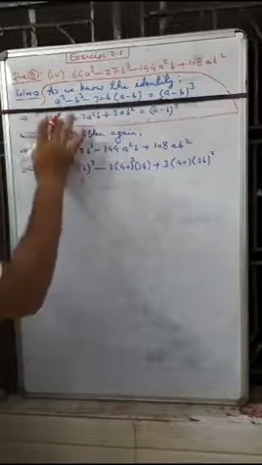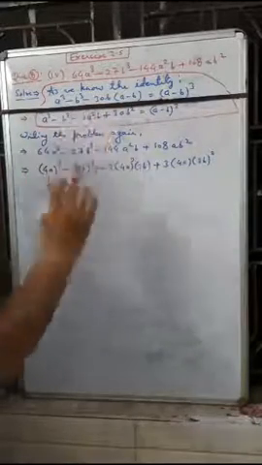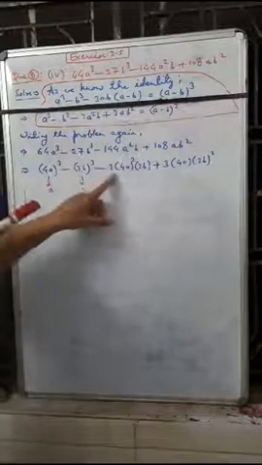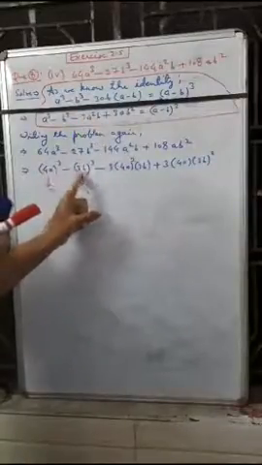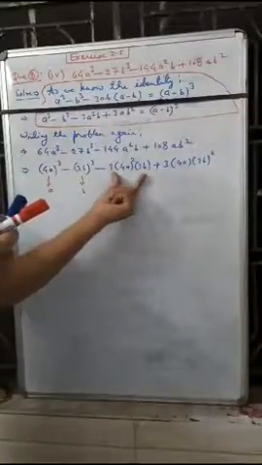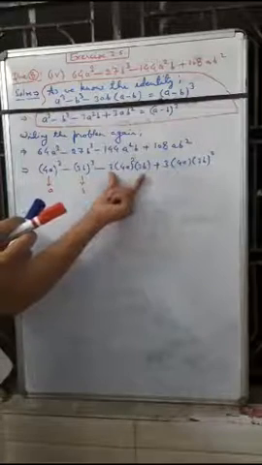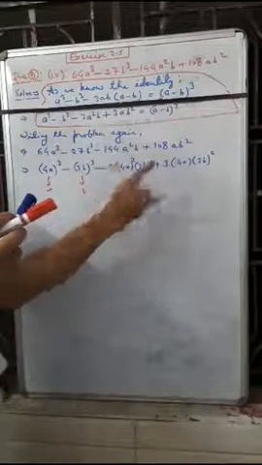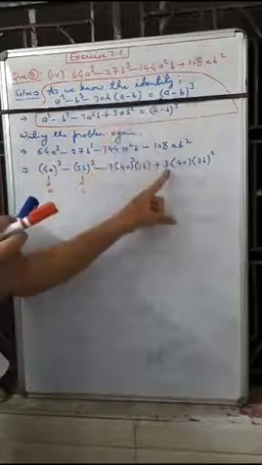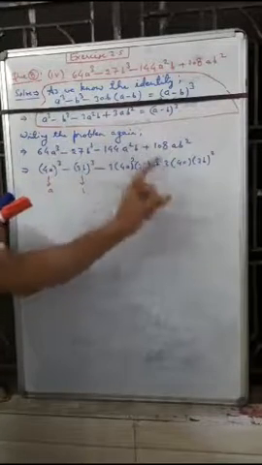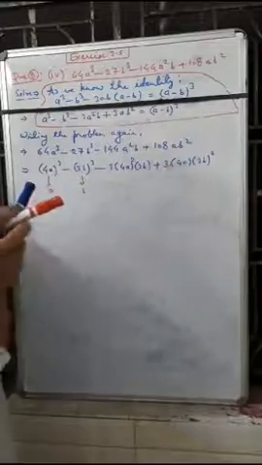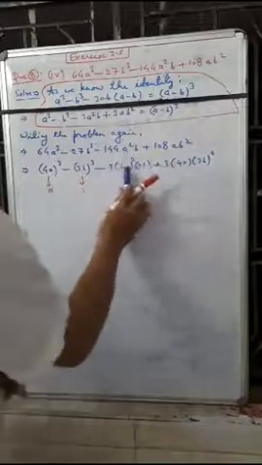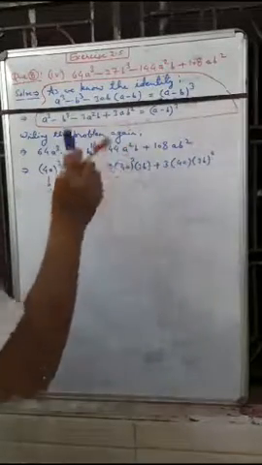So a cube minus b cube minus 3a square b. Write down here 3, then a square, so 4a whole square, then b, which is 3b. So all this is the product for 3a square b. Now we will write 3ab square: 3 times a, which is 4a, then b is 3b, whole square. If you multiply these numbers, you will get the previous step again.